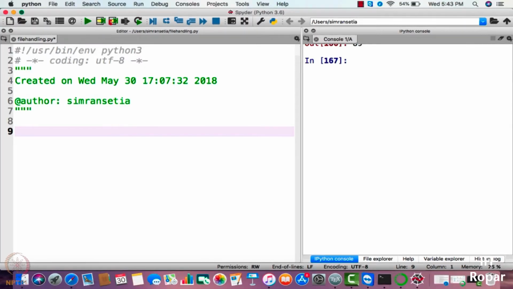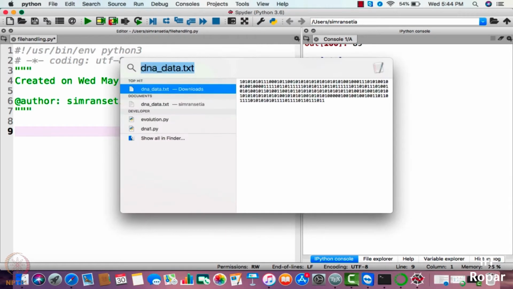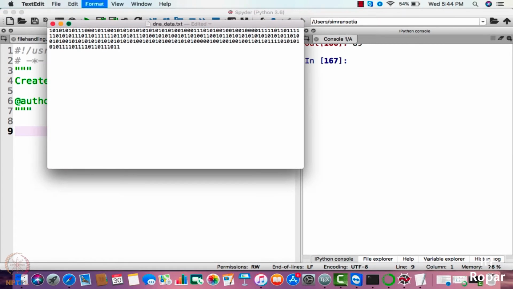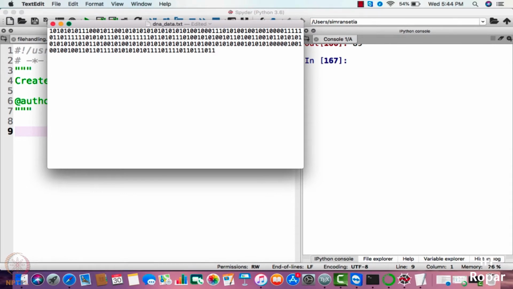Now that we are done with the prerequisites required for the programming screencast of evolution, let us start with the program of evolution. Here we are given a DNA file named DNA_data. As explained earlier, the evolution process happens through DNA and it has some coded information in the form of zeros and ones. So we are given this particular information, zeros and ones. First of all, we have to read this file that has the coded information.